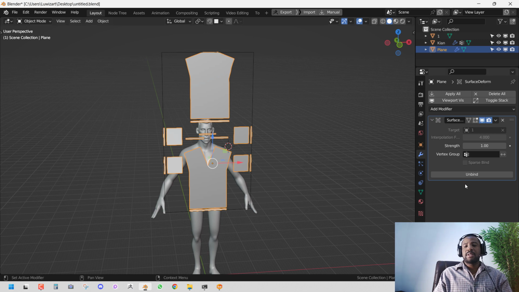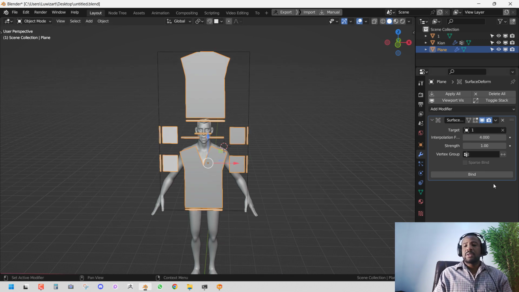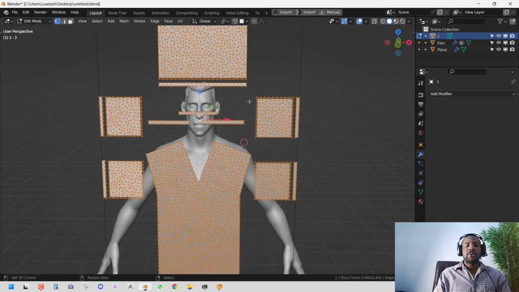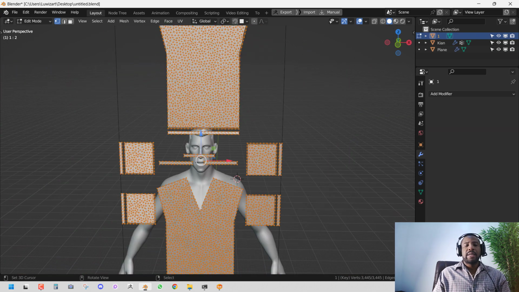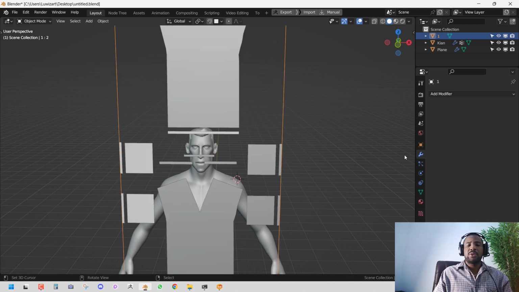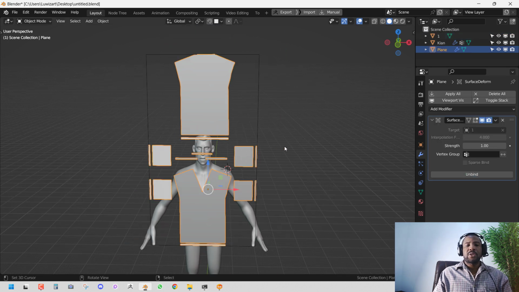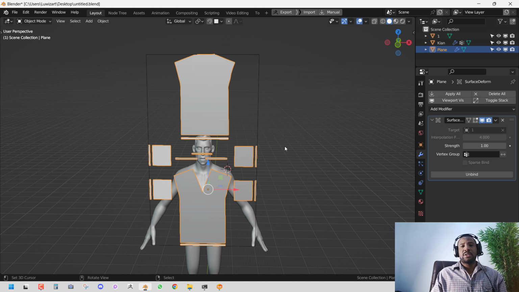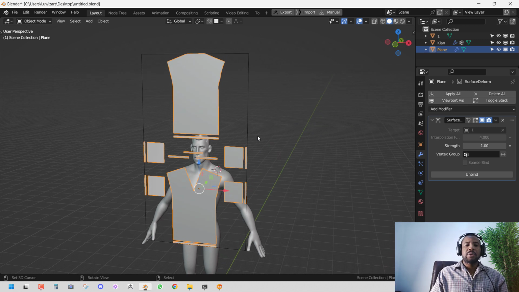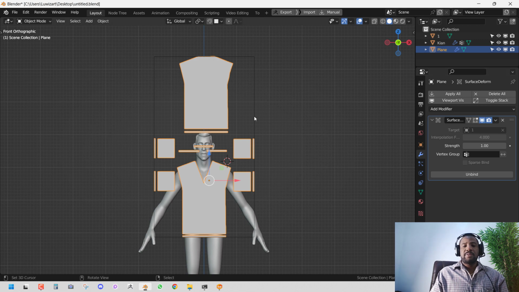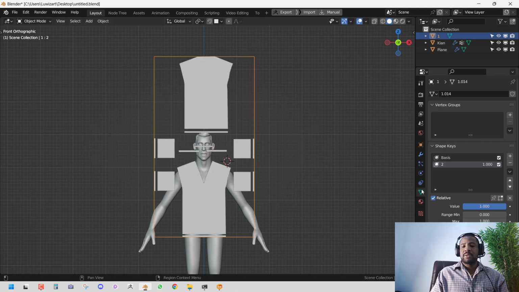If you've experienced this issue, sometimes it doesn't work. You get an error about a concave mesh or something like that. So if you experience that, all you need to do with your high-res mesh is go inside and make sure it's triangulated. You can easily do that with Control T to triangulate the mesh, and once you do that, you're good. It should work. So that's why it worked automatically. If you have an awkward mesh, make sure there's no triangle. If you have any triangle, you want to fix it with the knife tool or any modeling trick. So once we have this bound, we can select this high-res mesh now